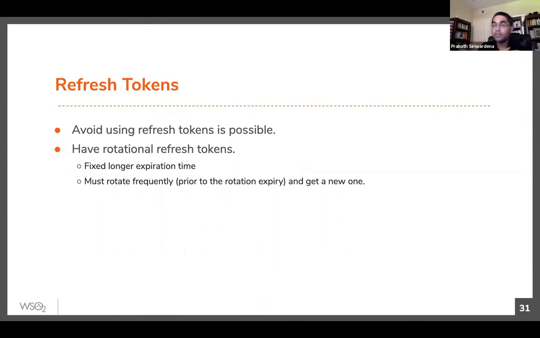And also, if someone tries to use that refresh token outside your application to refresh and get a new access token, then when you try to renew your old token, the authorization server will detect that your refresh token is being leaked. Then it will invalidate all the refresh tokens, so the legitimate app also has to initiate the login again. So it provides better protection for your refresh token.